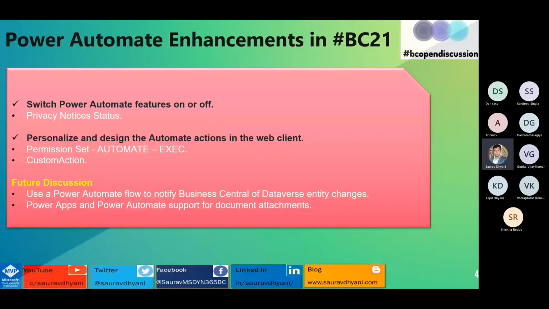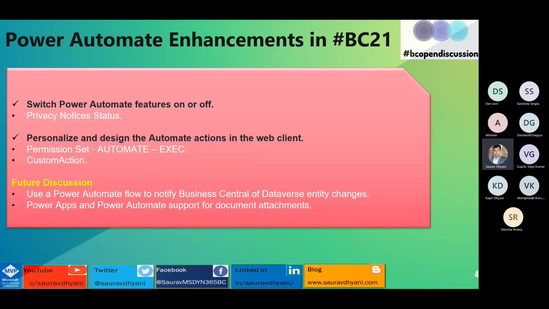Coming back to Business Central and Power Automate, as we were talking about, there are 4 or 5 major enhancements that have been introduced with the latest release of Business Central. I didn't want it to go into theory and other stuff, so we'll discuss two in this meeting. We'll see some examples of it as we do them. And then the other two we'll discuss in future meetings.